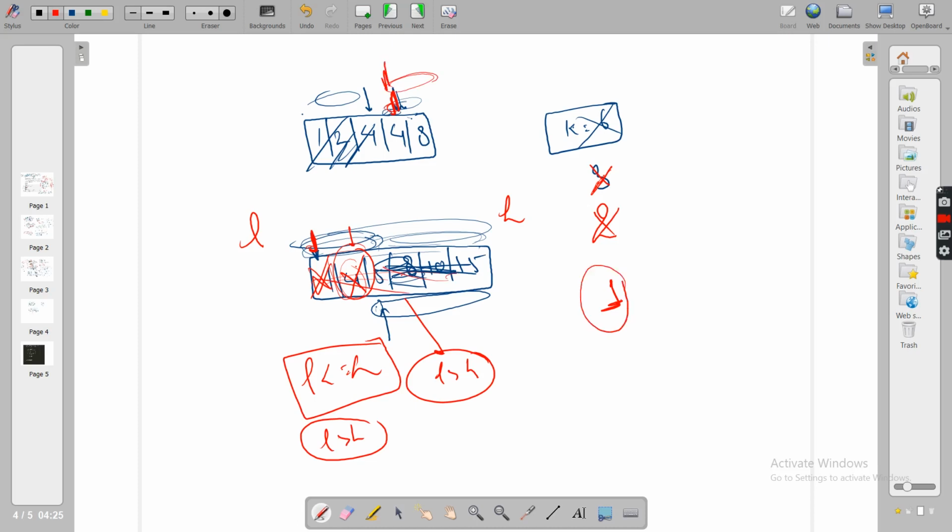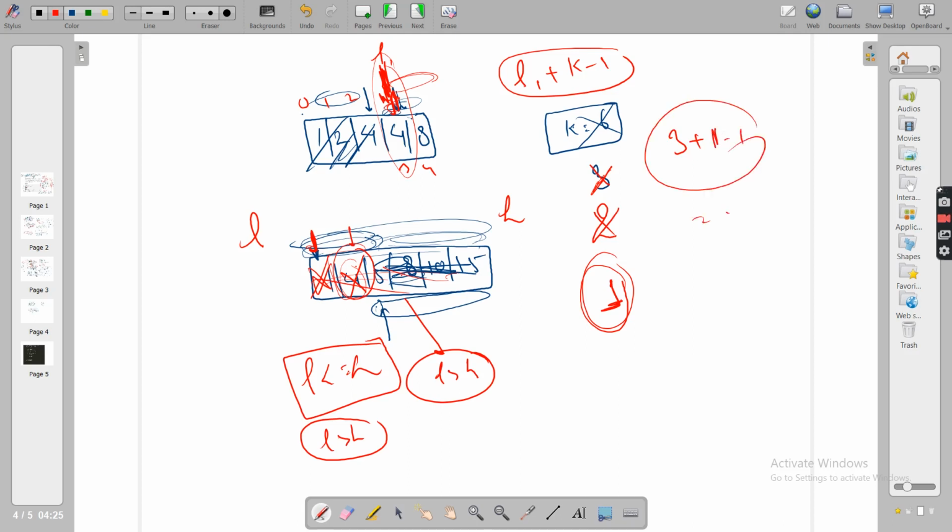Obviously, you know what you have to do. Get the first element directly from the search space. So if this L is here, let's say L1, how would you get the first element? L1 plus whatever k is remaining, k minus 1. Okay, k minus 1. What does it mean? 0, 1, 2, 3, 4. So L1 is your 3. L1 is your 3. So 3 plus how many you want? 1 minus 1, which is 0, so 3 itself. So index 3 is your answer.